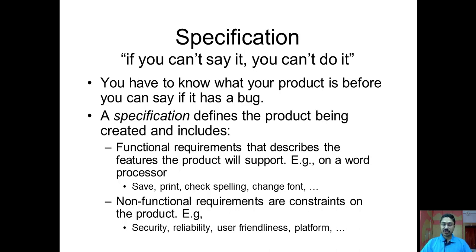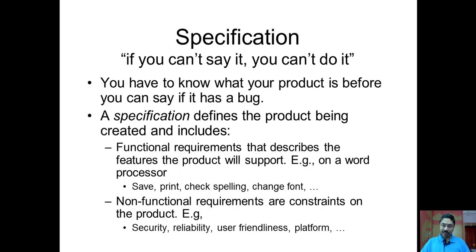Since the last couple of lectures, we have been discussing software testing. We started our discussion with some case studies. We learned from the case studies why software testing is important, why it is crucial for the software. Then later on, we understood some terminologies associated with software testing. In that, we also tried to understand what is fault, what is error, and what is failure, and how they are associated with each other, how they are related with each other.